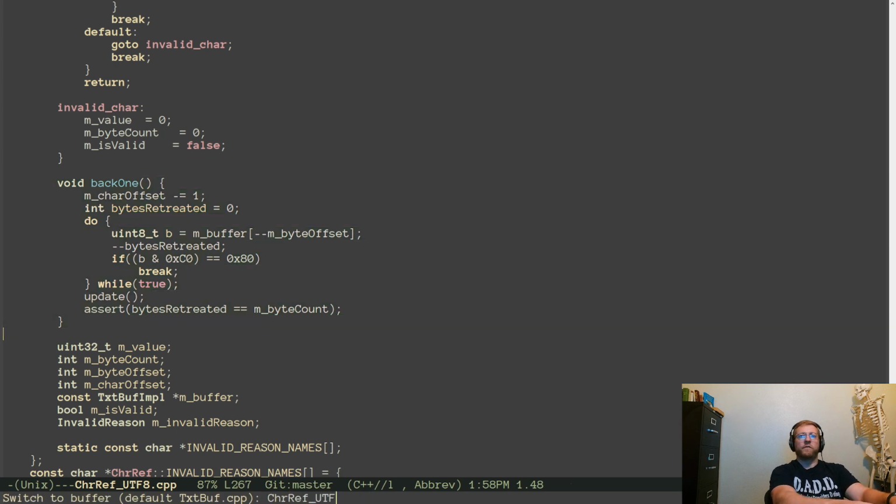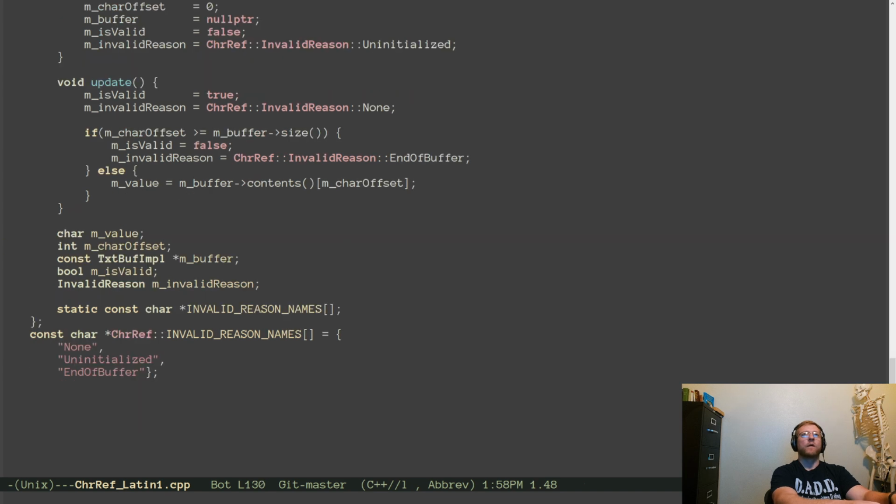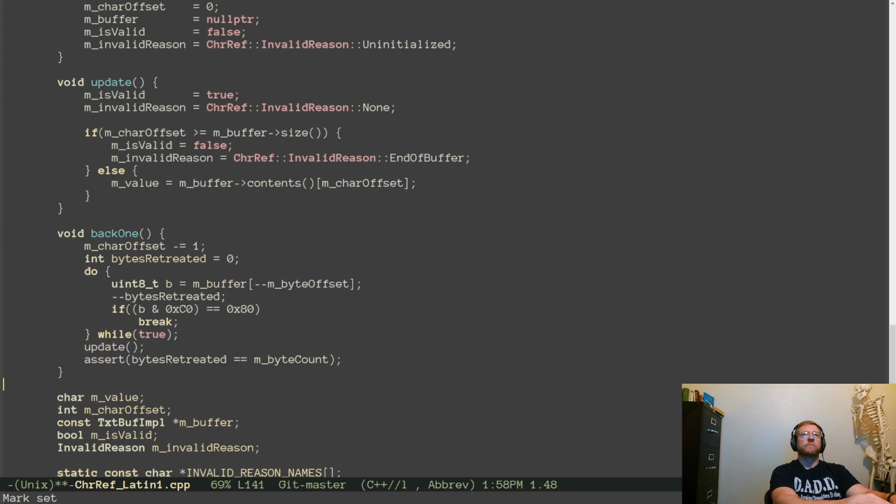Char ref. In this case, it's much, much simpler.